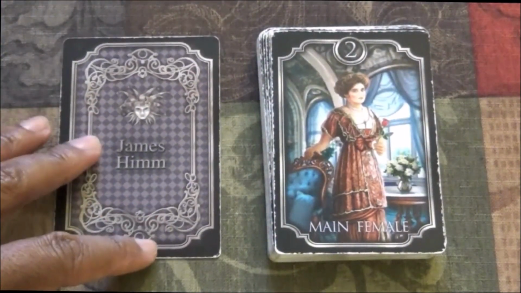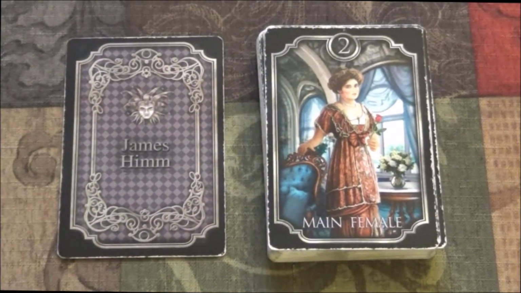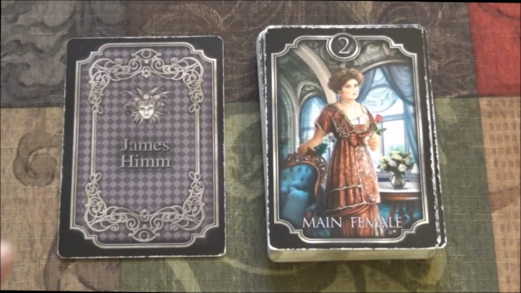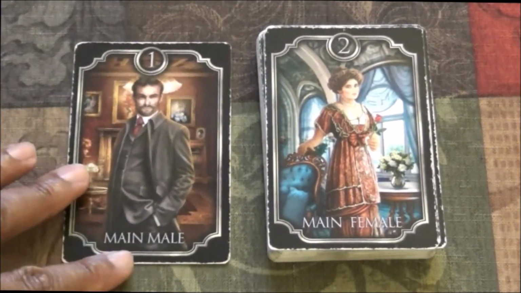And I will also note that the backs are monogrammed. I had the option when I got the deck to have my name on it, so I have my first and middle name. When you get the mass market version, it of course won't be monogrammed, and the back should look a little different from this version. Okay, so next up we have main female,